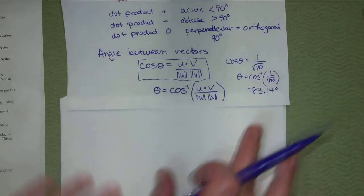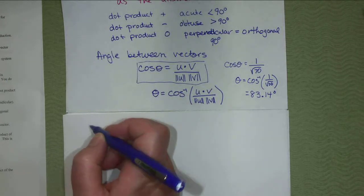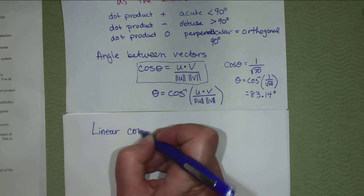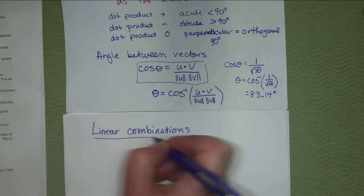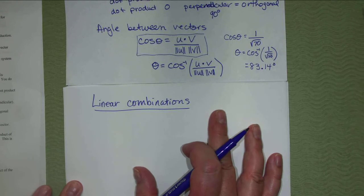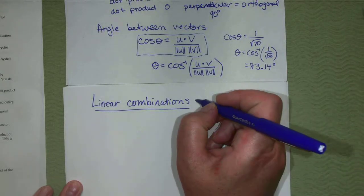So on the list, I also talk about linear combinations. Now, in Chapter 1, we introduced linear combinations, but we went back to it in Chapter 2, and that's where I would look at it, is in Chapter 2. Because in Chapter 1, we hadn't...